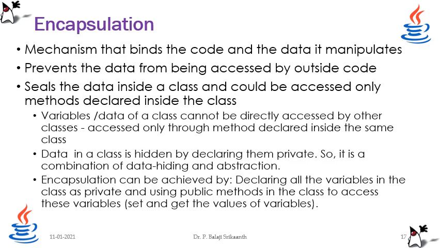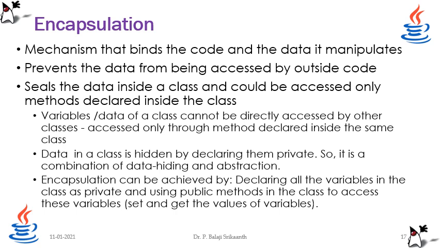Encapsulation mechanism. This mechanism is used to bind the code as well as the data it manipulates. This encapsulation mechanism prevents data from being accessed by the code outside. In other words, it gives protected access to the data by a code. It seals the data inside a class, and it could be accessed only by methods declared inside